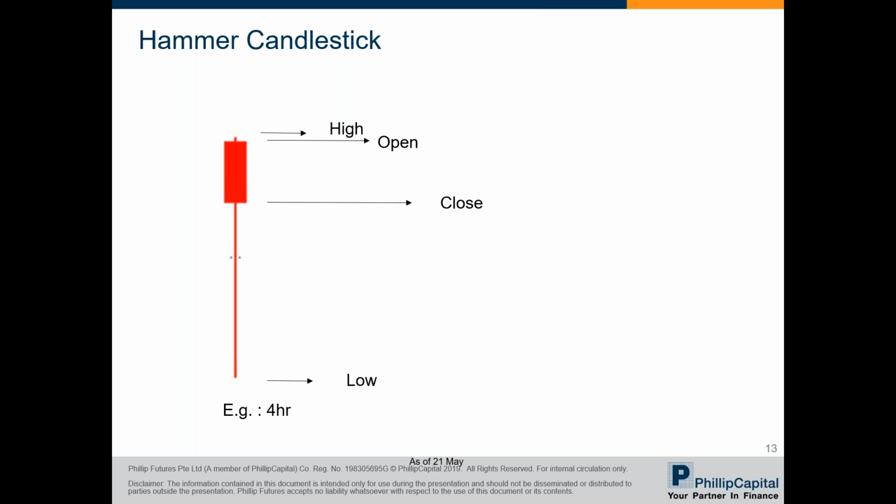Let's take a closer look at one of the most popular candlestick patterns out here. Shown here is the hammer candlestick. It looks like a hammer, hence the name, the hammer candlestick. You can see that this candlestick is a bit biased to one side as the body is not centered. Which side is it biased more to? More to the upside, right?